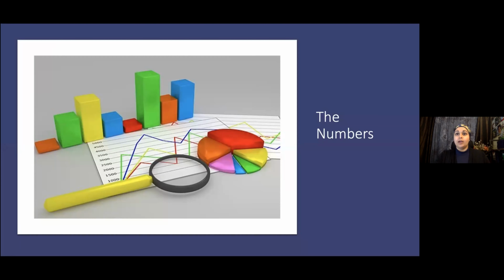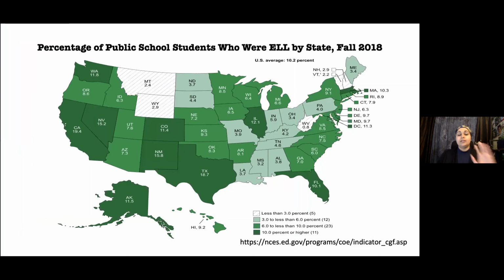All right. So some of the numbers here. This is looking at the percentage of public school students who are ELL by state. It was funny because in the last month since I gave the presentation, the website updated from fall 2017 to fall 2018. I guess they don't go sooner than that. But just to show you that there has been change since then, but not as much as we would assume. Looking here, the percentage of students that were English language learners went up to 10.2% in schools. That's about 5 million students.